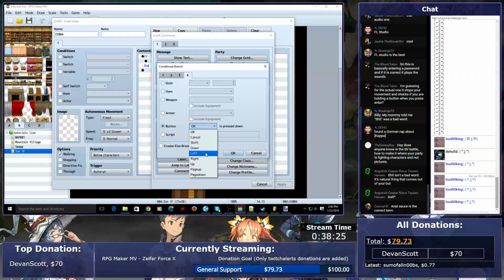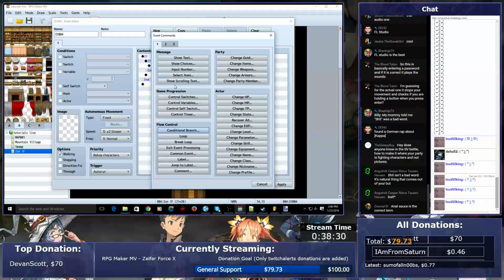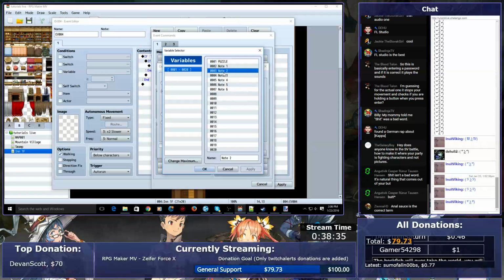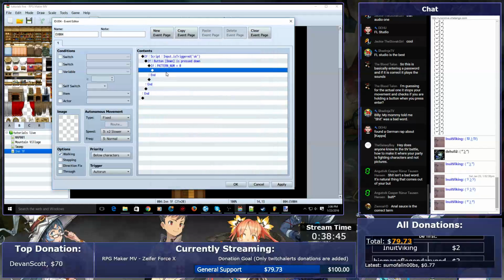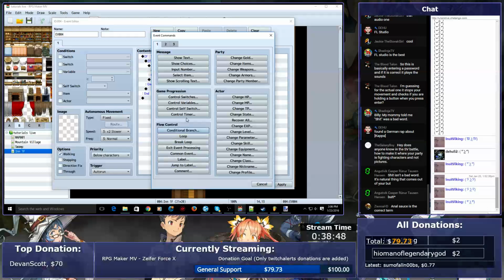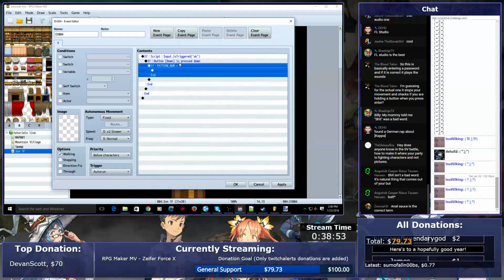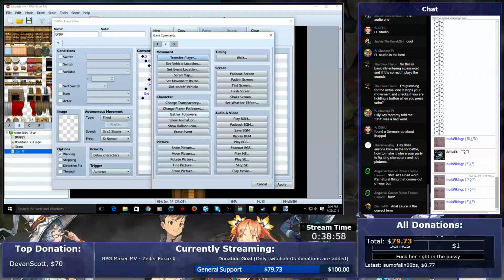So we're going to see if down is being pressed when you press enter. And then we're going to have another conditional branch to check which number we're at. So we're going to call this pattern number, or pattern num. And if it's equal to 0, then it shows, oh, hold on. Yeah. Okay, yeah. If it's equal to 0, then it's going to show picture...